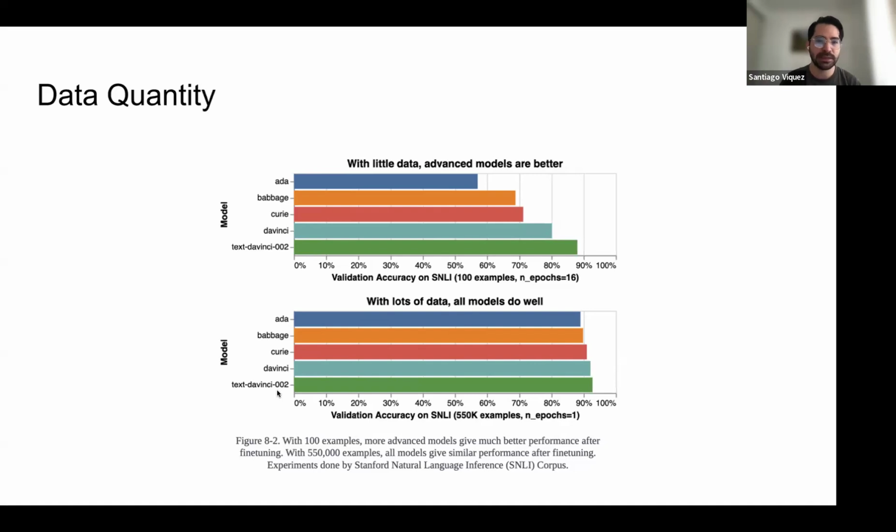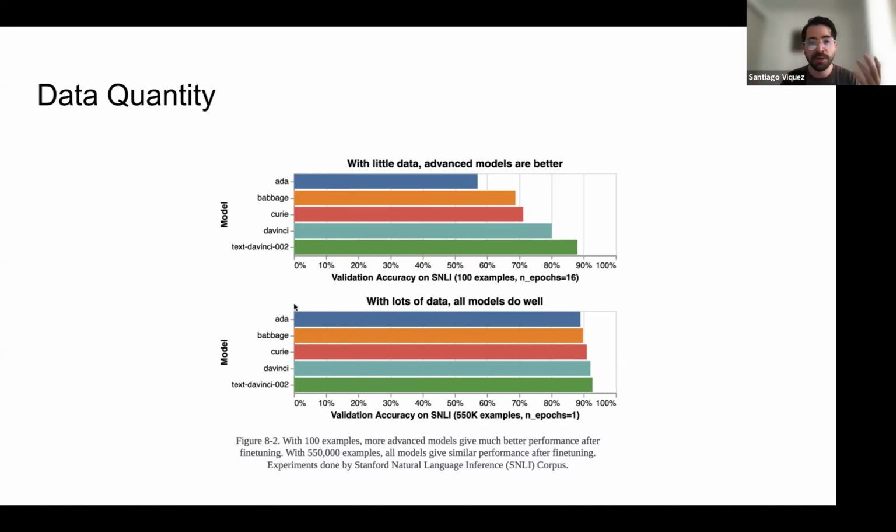So this explains how there's this balance between complex and advanced models and data. If you have few examples, you can probably have good results with advanced models.